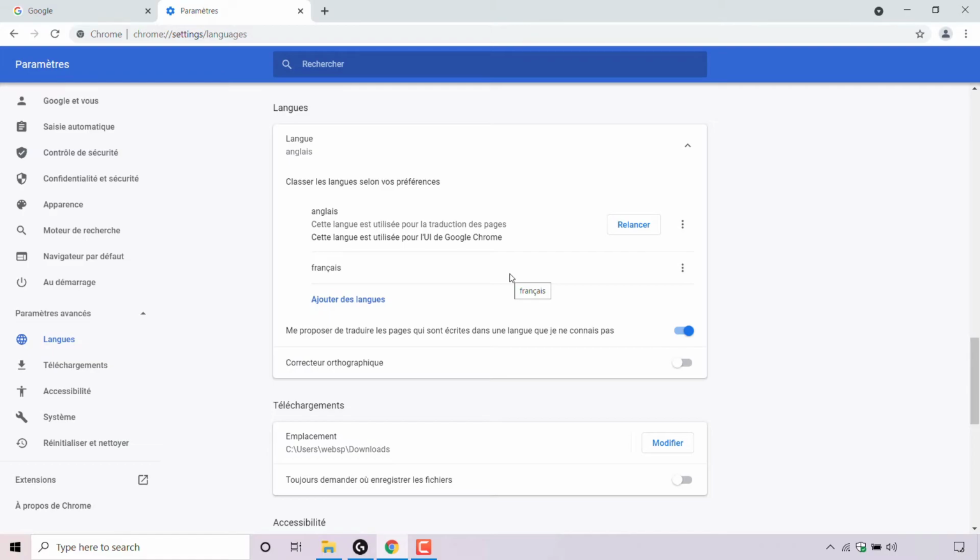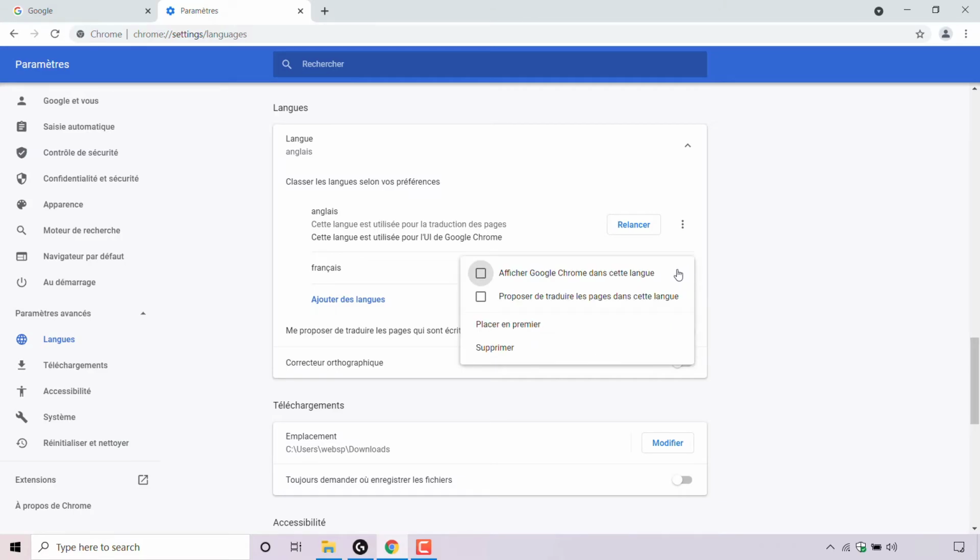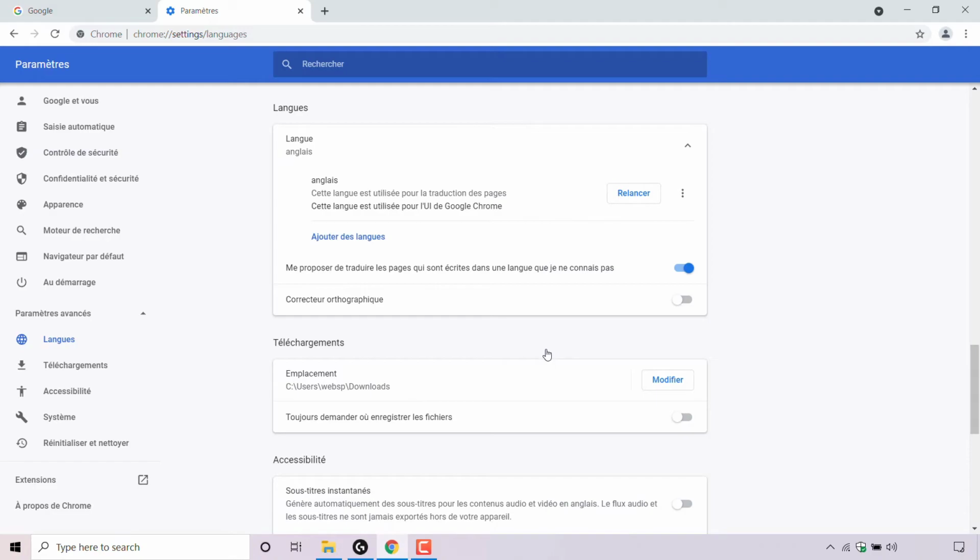so Google Chrome will now display in English instead of French. To make these changes effective right away, guys, you'll need to click on this button with blue text. But before you do that, guys, look to the language that was selected previously, which in my case, guys, is French, and click on the three vertical dots right opposite that language, and then choose the option at the very bottom here and left click on it. This will delete your previous language from Google Chrome's user interface.